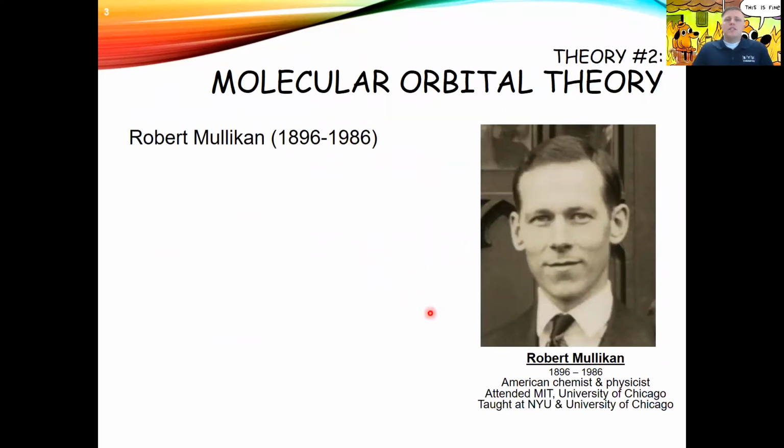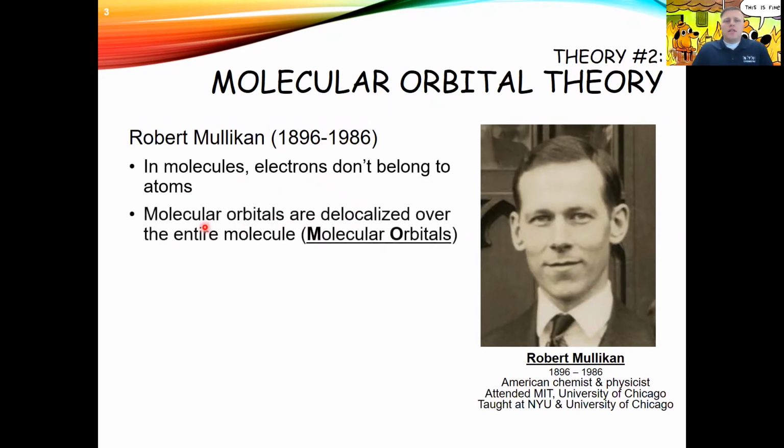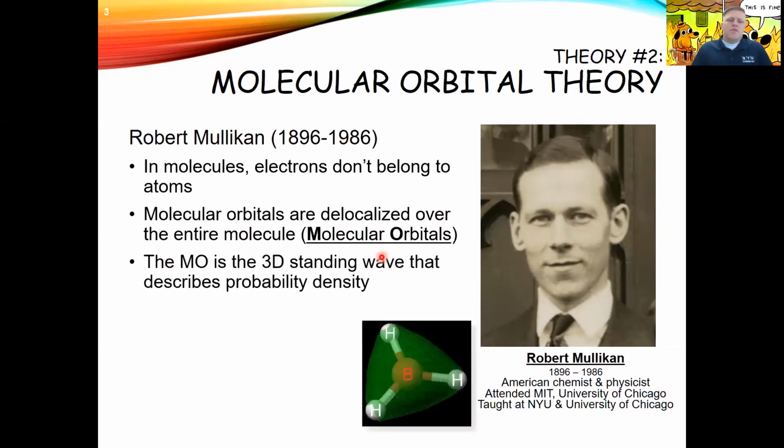And what Mulliken said was, in molecules, electrons don't really belong to atoms anymore. They really belong to the group. He also said that molecular orbitals are delocalized over the entire molecule. So we've talked a little bit about delocalization in terms of double bonds, and we're still going to use that terminology sometimes, but really it turns out that all molecular orbitals are distributed over vast regions of the